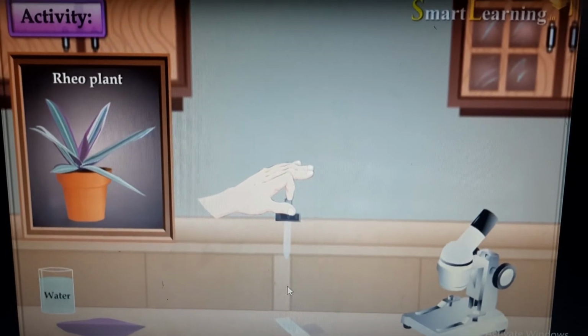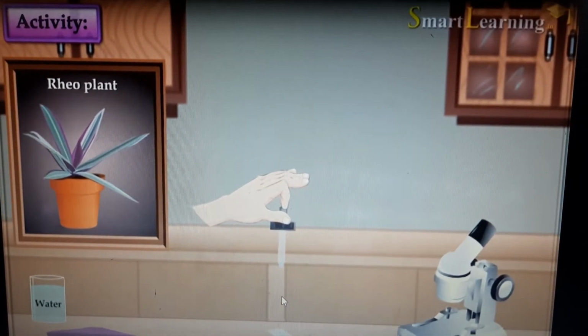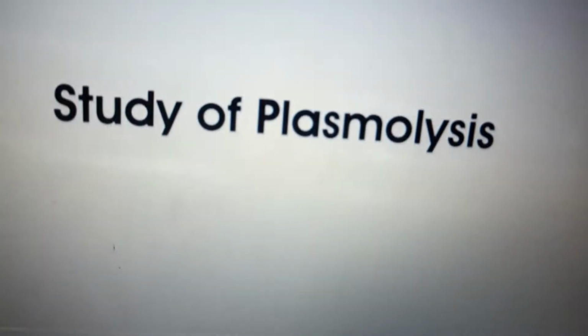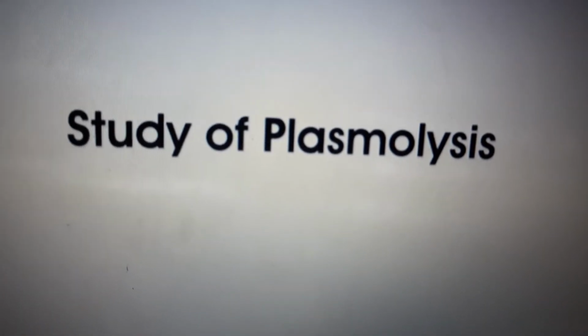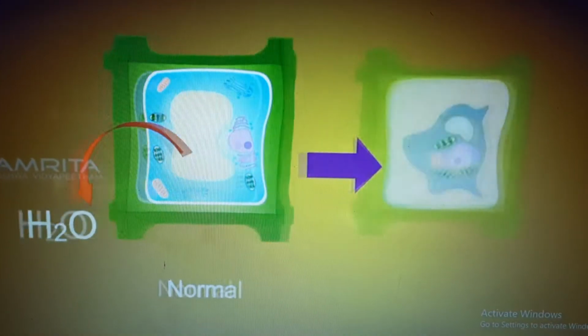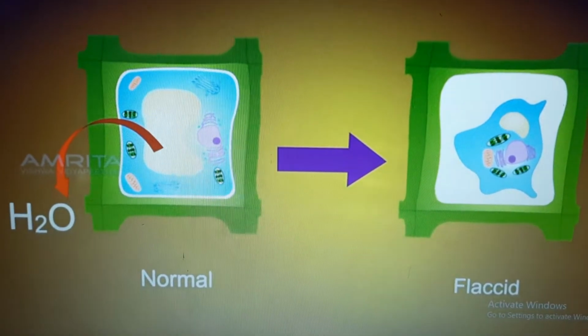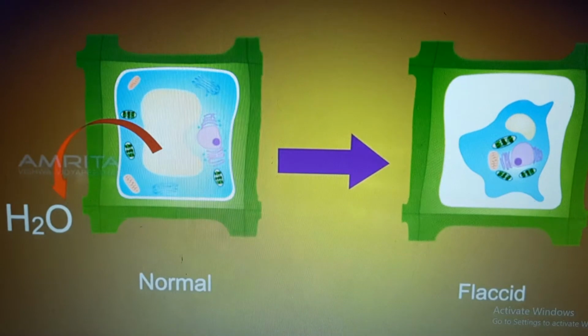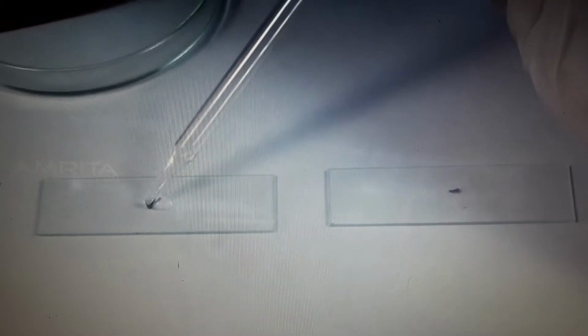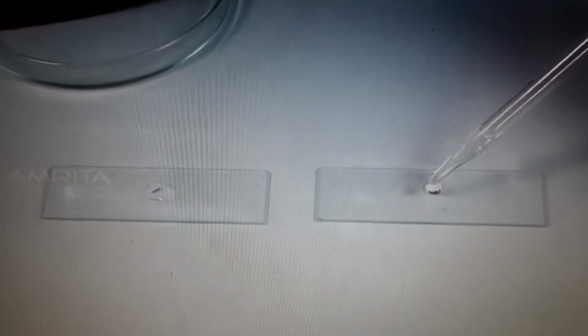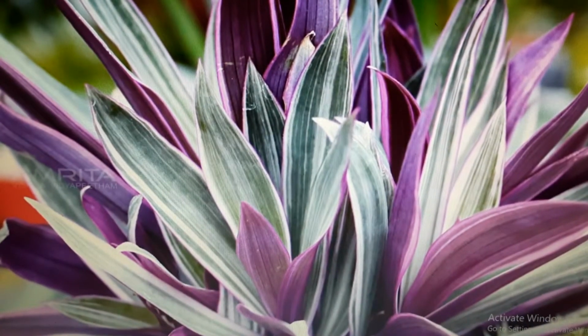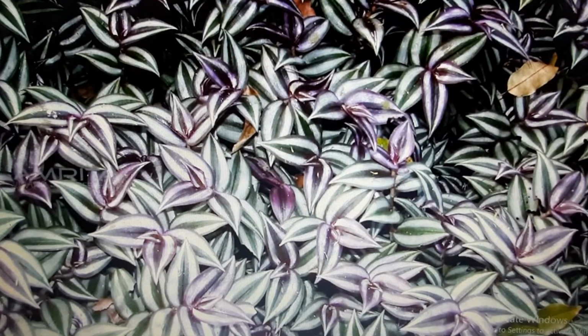Let us perform an activity on a Rhoeo leaf before studying more about the cell wall. Now let us study plasmolysis. Plasmolysis is the process of shrinkage or contraction of the protoplasm of a plant cell as a result of loss of water from the cell through osmosis. We can induce plasmolysis in the laboratory by immersing living cells in a strong saline or sugar solution to reduce water in the cell. Normally, people use Rhoeo or Tradescantia plant epidermal cells for this experiment as their colored cell